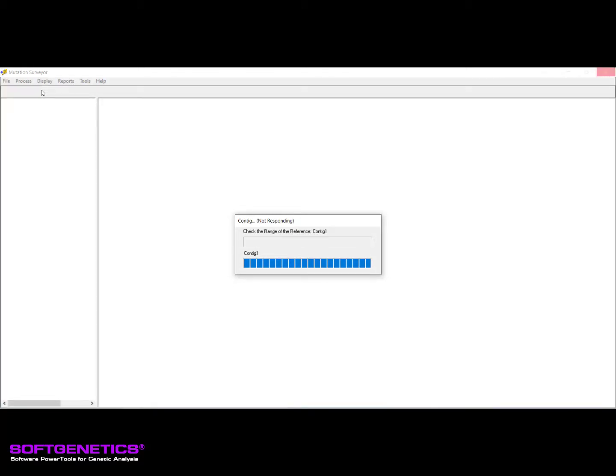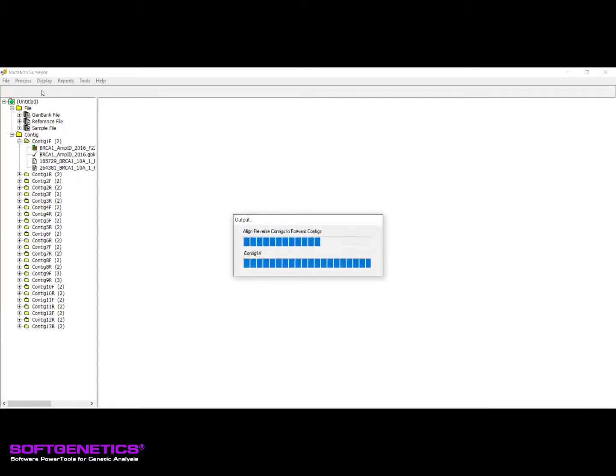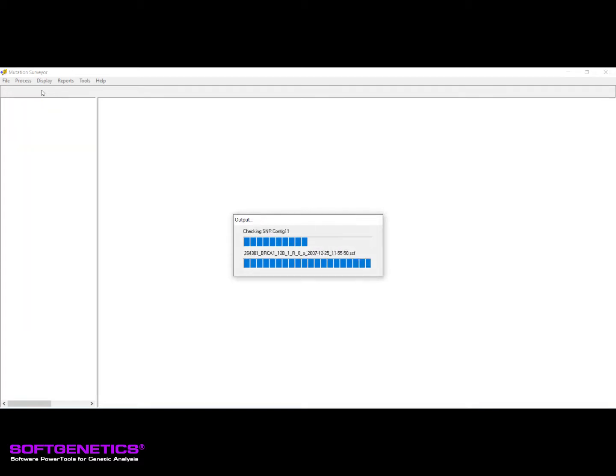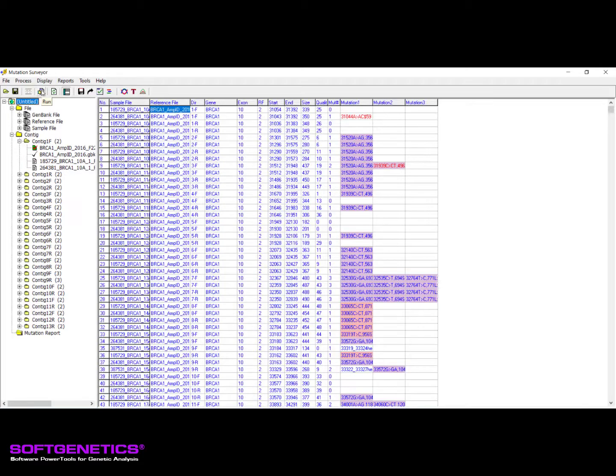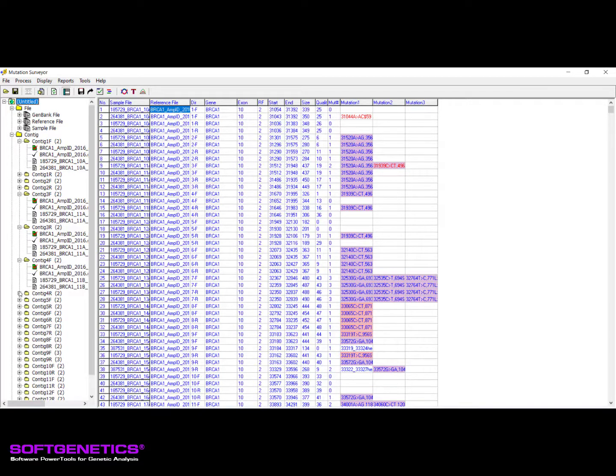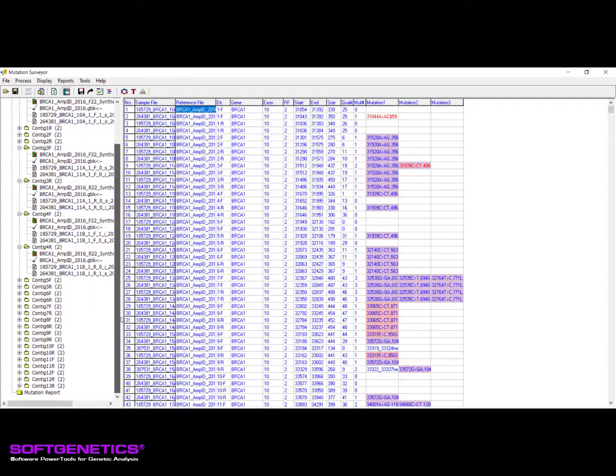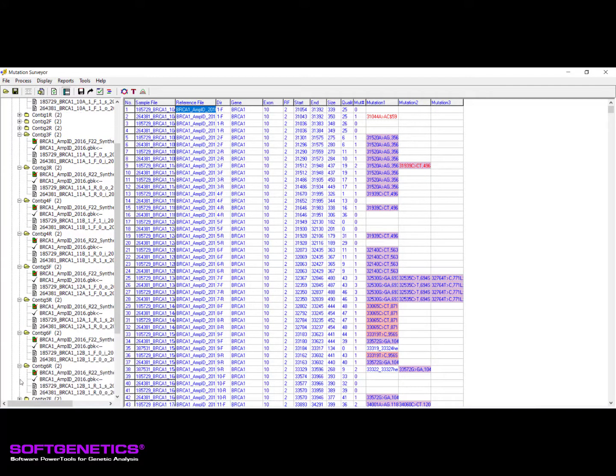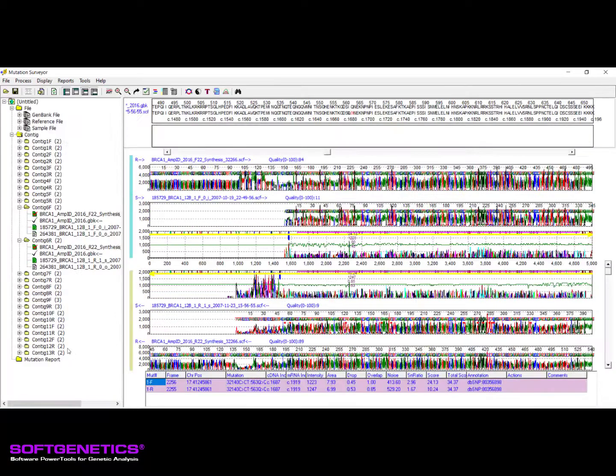After the samples have been analyzed with the new contig settings, you can see that the program now properly groups the amplicons into the correct contigs based on their amplicon ID. For example, amplicons 11A and 11B are now placed into separate contigs, and amplicons 12A and 12B are now in separate contigs. In addition, all of the forward reads are now properly paired to their matching reverse reads, optimizing bidirectional